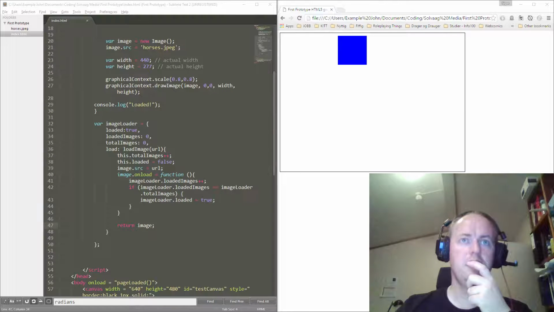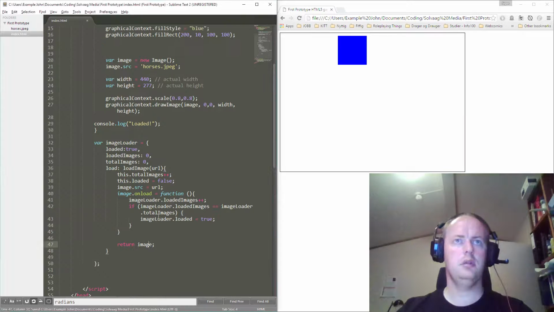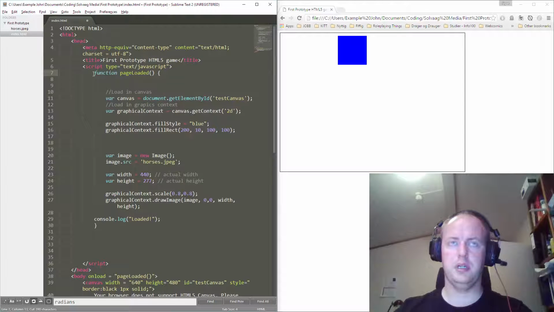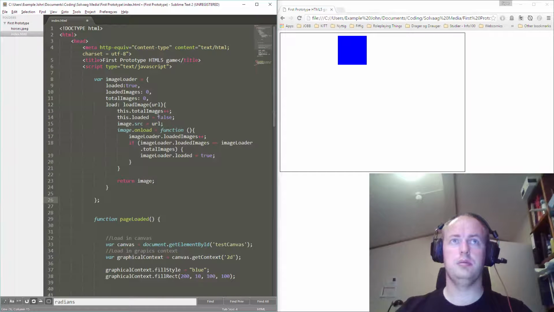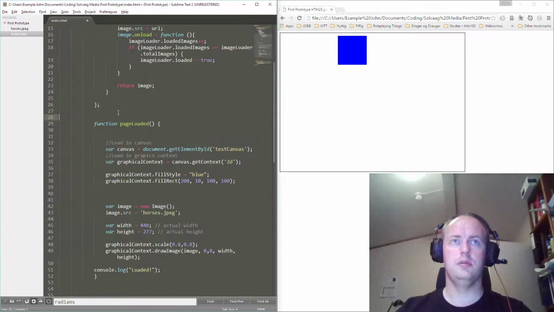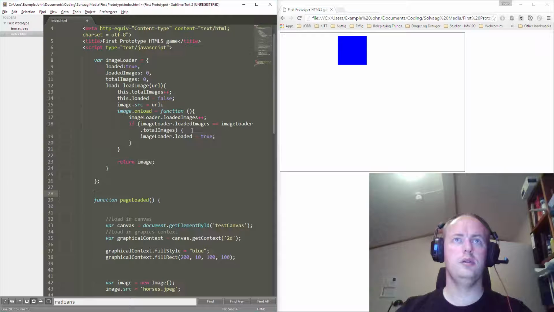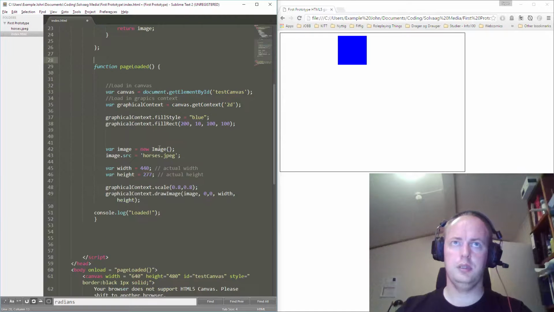Okay, so we have our image loader. Let's move this further up above the function. I think object precedence is active. I don't know if it hoists those as well, so I don't want to risk it, but we can try loading the image now. So instead of new image, we can just